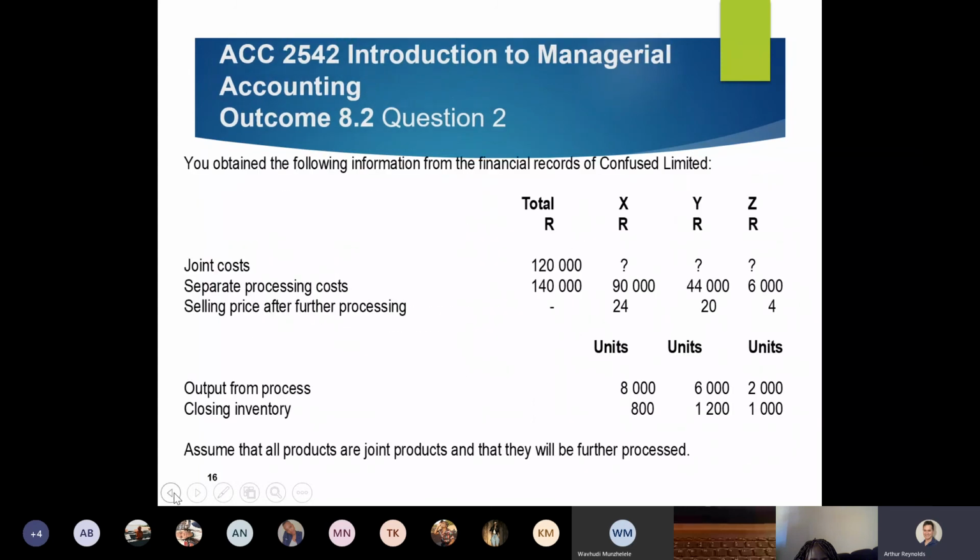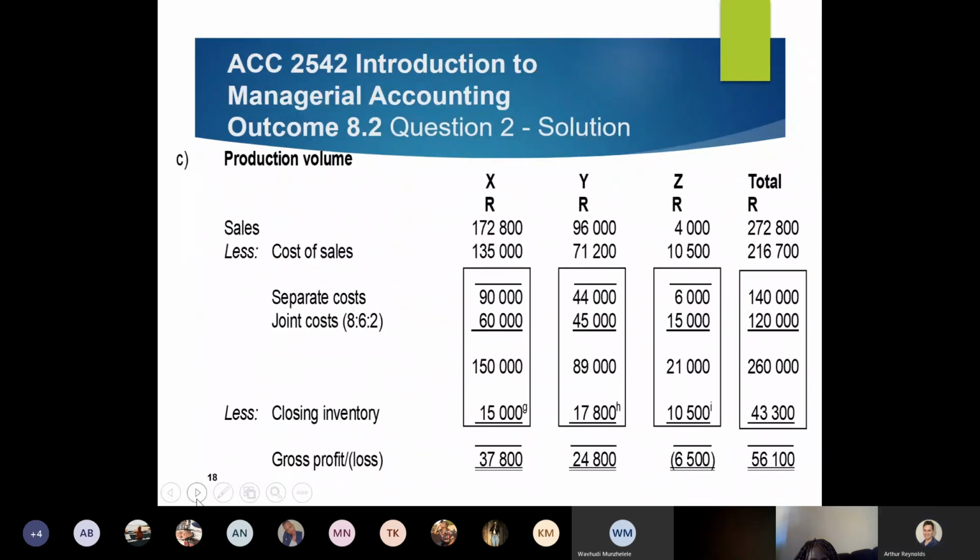If we go back, you can see here the output is 8, 6, and 2. So X gets the majority. X basically gets half of the joint cost, and X and Y together get half. So as you can see, after 120,000, 60,000 goes to X, and then Y and the other obviously less. So if you've got the separate and joint costs, you can calculate your cost of sales, which gives you